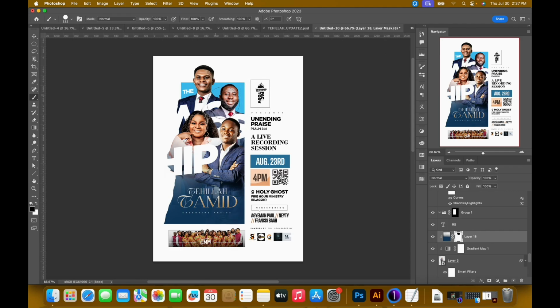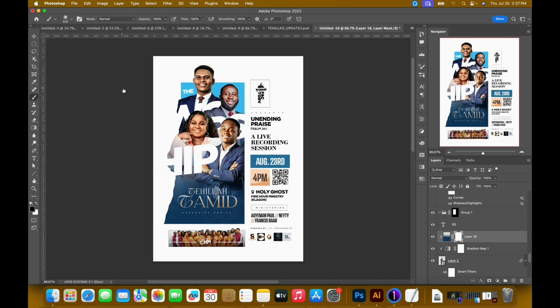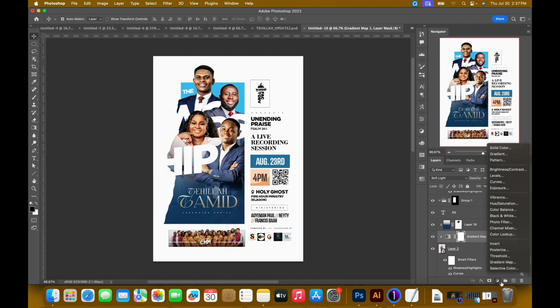Hard round brush, sorry, so I'm just going to undo it. Command Z, Control Z. Now I'm going to use the soft round brush. I would add a new layer mask, soft round brush, and I would apply black like so. Okay, and I would add a little bit of yellows to this, so color balance,